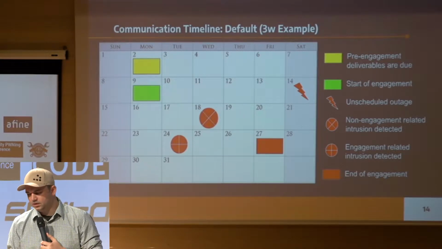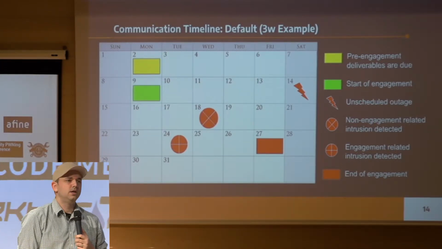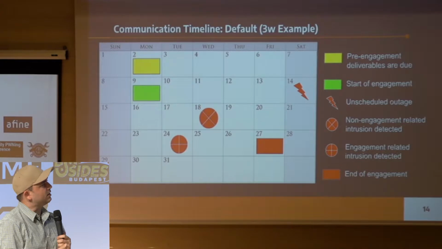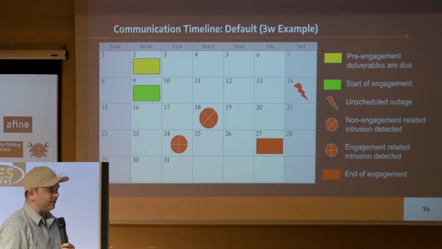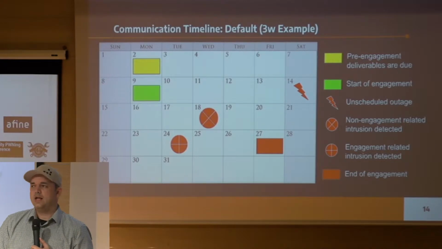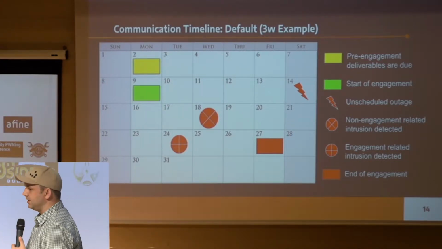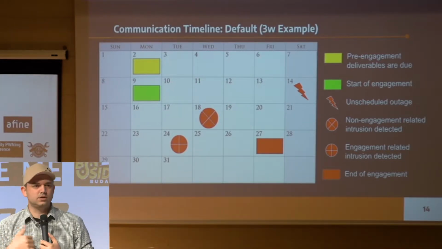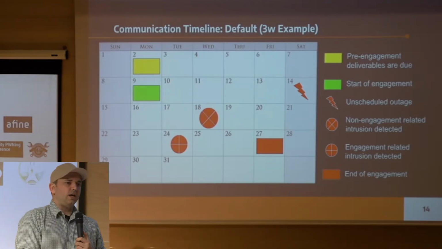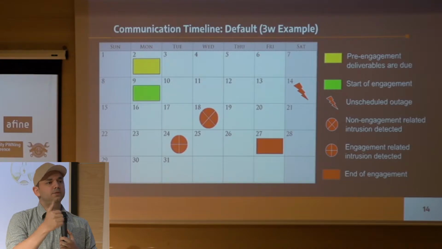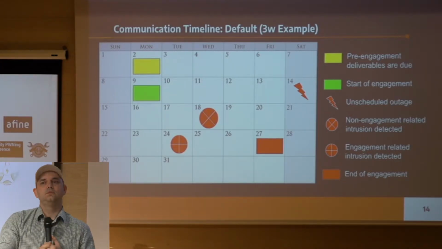Start of engagement, unscheduled outage. So anytime an unscheduled outage happens, we would mark it and have it as part of the report and whatever happened because of that. So even if it wasn't our fault, which most of the time it isn't, if that unscheduled outage happened, a communication has to happen saying, hey,